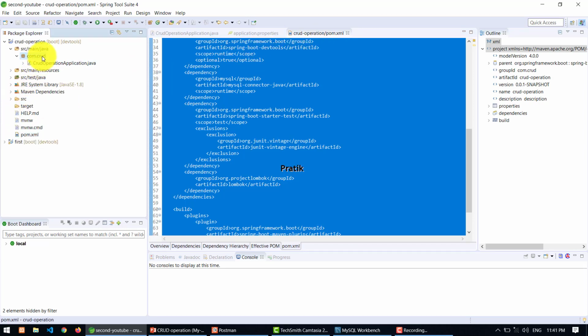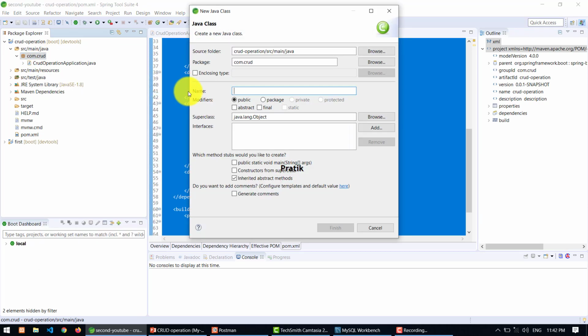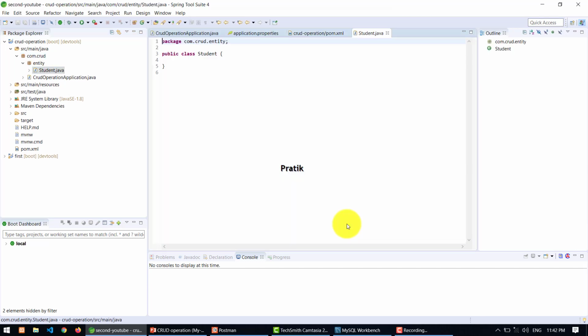After that, I am going to create the entity. I am taking the same entity, the student entity, in an entity package. I am going to write some attributes inside the Student class, like the ID.